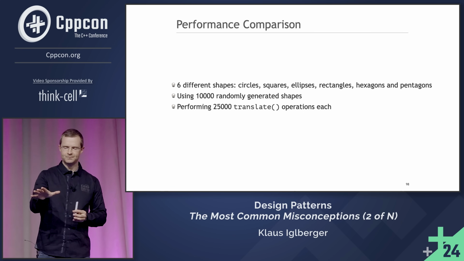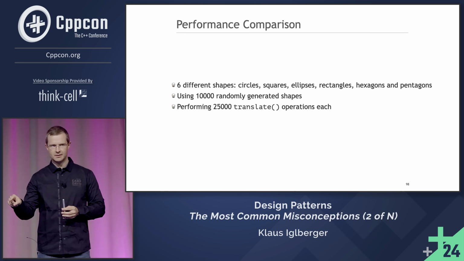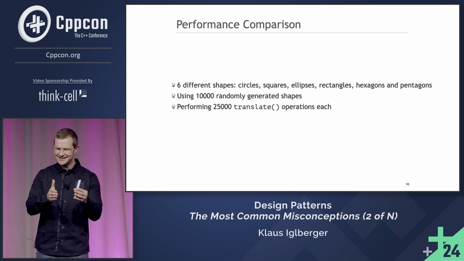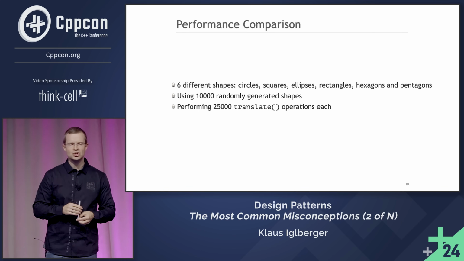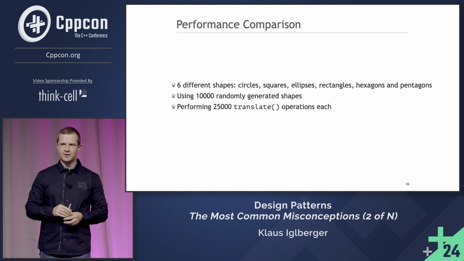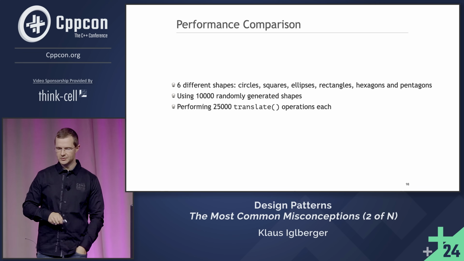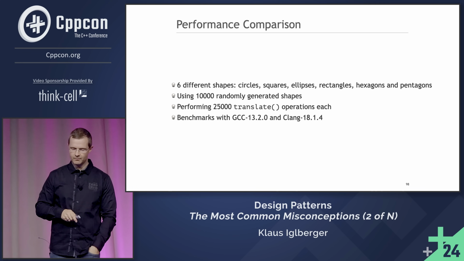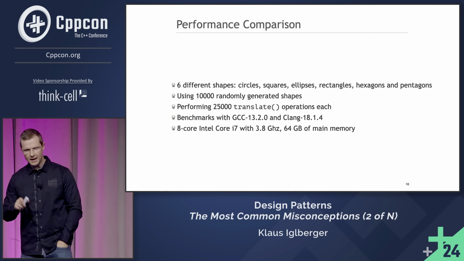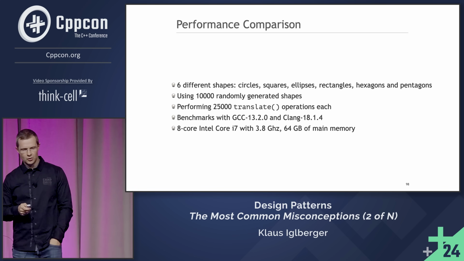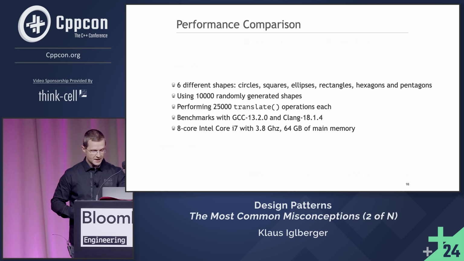Okay. I'm not drawing. I'm doing something that is the same on all the shapes, which a compiler cannot know, but it's the same amount of work for every kind of shape. And it's a very, very cheap operation in itself. So cheap that really we can see a difference in the different approaches we use. And so from a compilation point of view, I used GCC 13.2 and Clang 18.1.4, and a not quite new machine anymore, but that shouldn't be a problem. Good. So here are the results.